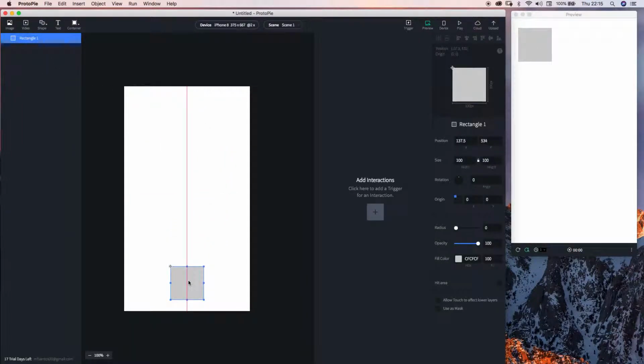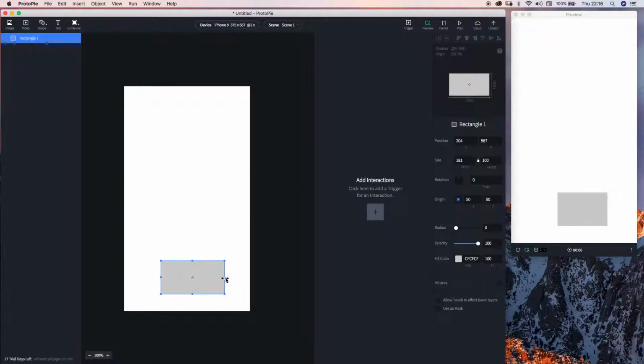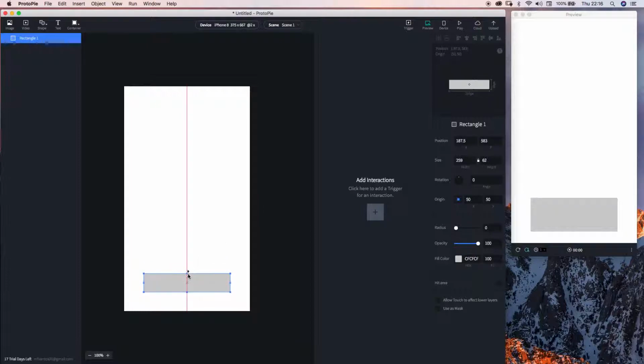So let's make a rectangle, just add it right here. Let's make the origin center so it's easier to reshape. We need to scale it about this size. Okay, center it and scale it again, just like this. It's a normal button. So let's make the borders rounded to make it nicer